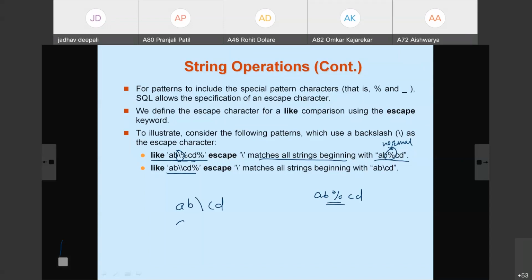If it is AB underscore CD, then we need to use the escape character before it, indicating that this underscore is a normal character, not the pattern character. So to identify the special pattern characters as normal characters, we need to use the backslash escape character before them. That is another case of string operation.